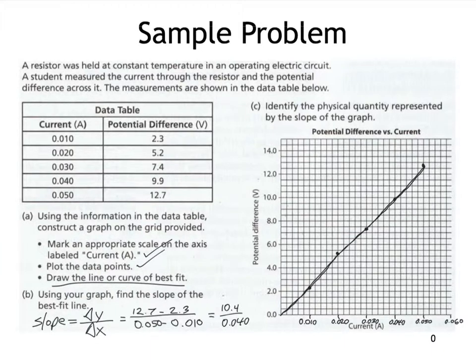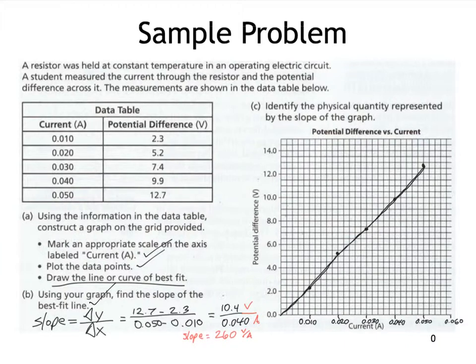So the slope itself will be a whopping 260 volts per amp. I did throw that unit in there because the rise would have been in volts. That's this guy, and the run would have been in amps, which is this guy, so volts per amp. And so I've gotten that part done. I found the slope, but I do have to do part C, identify the physical quantity represented by the slope